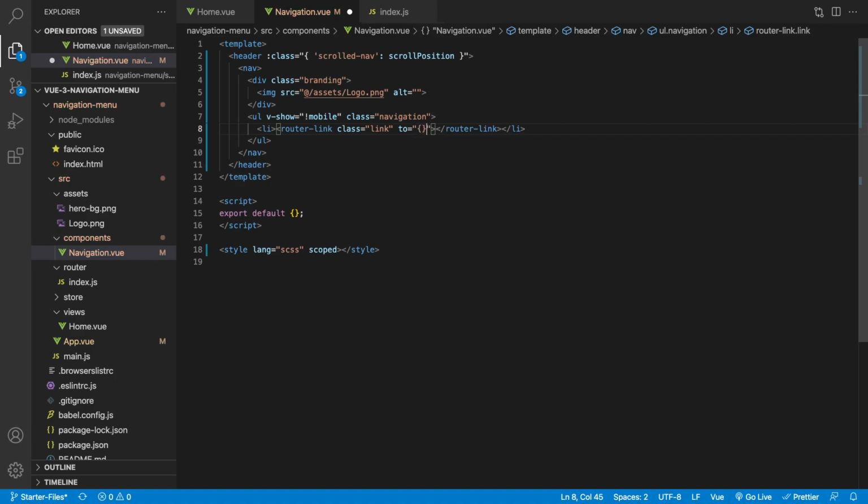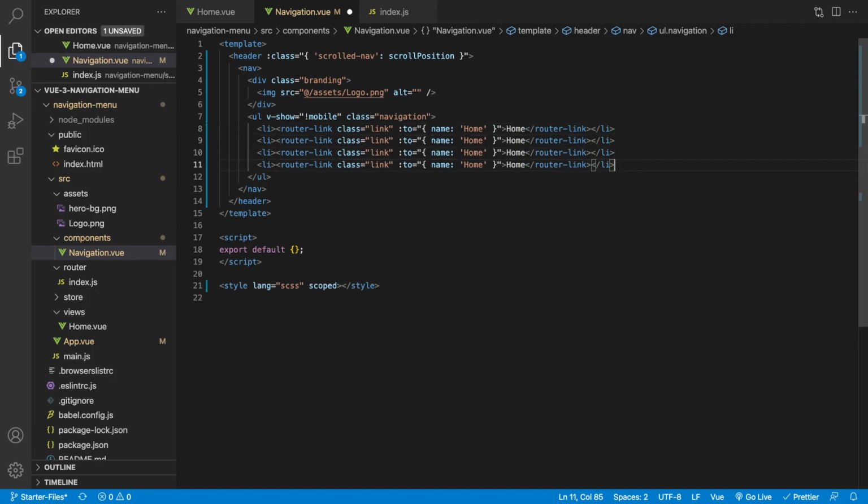I probably don't need to get rid of that. Put our curly brackets there and say to. Now to set this up, you're going to pass the name value here and then the actual name of the route you want to pass it to. Now we can say home for this one because we're actually going to make it say home. And then for the additional ones, I'm just going to copy this down 3 more times. And then for the rest, I just want to get rid of this and put it to an empty string right there, because we don't have those routes created. So we don't want to get any kind of warning, so we can just leave those as